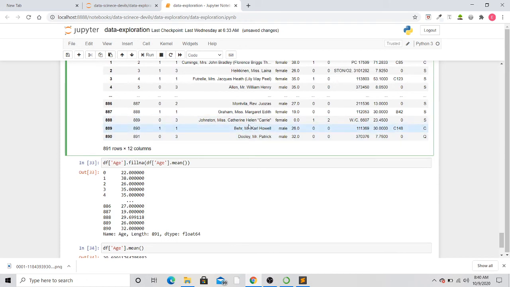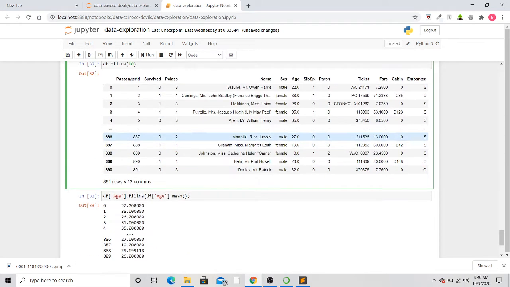So this was missing, and for the 888 entry, the data for age column was missing. So what df.fillNA did, as I passed 0, it filled that entry with 0.